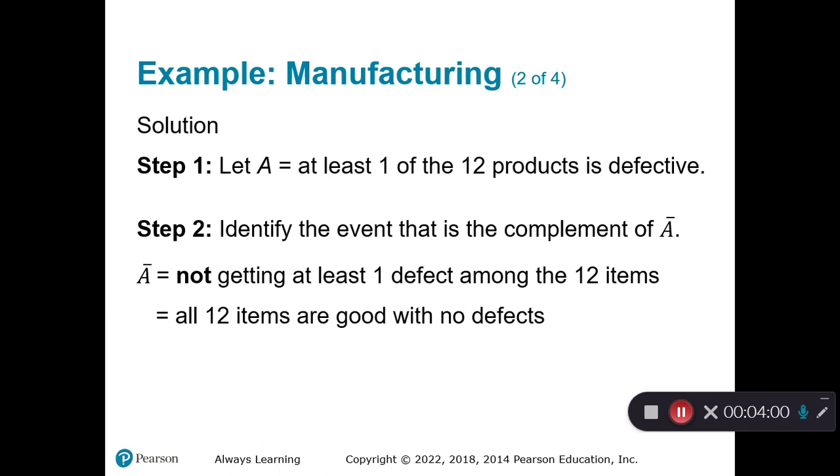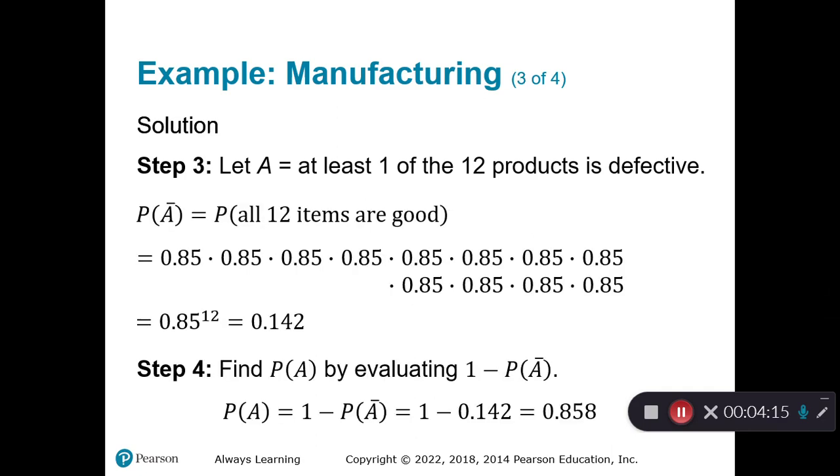If we let A represent at least one of the 12 products is defective, then A complement is that none of them are defective, that all of them are good, right? No defects means all of them are good. So to find the probability that all items are good, we are going to use the multiplication rule. There's an 85% probability that the first selection is good, no defect. There's also an 85% probability that the second selection is good, and so on. So if we multiply the probability that all of these 12 selections are good, we will find that that probability